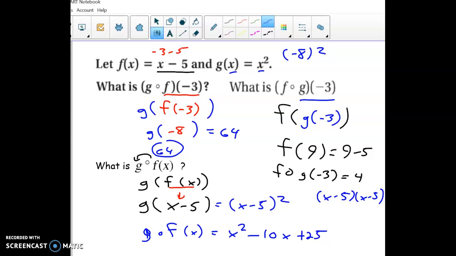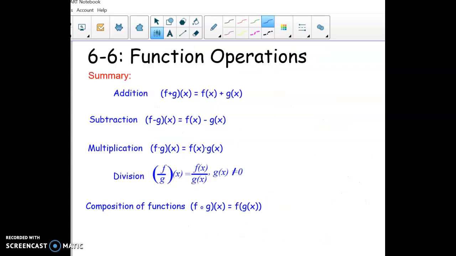All right, the big summary of this lesson then is function operations. The previous lesson we did add, subtract, multiply, and divide. Today was the new one, the open dot called composition of